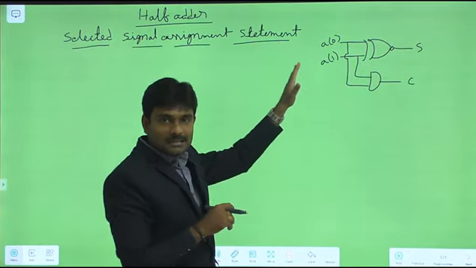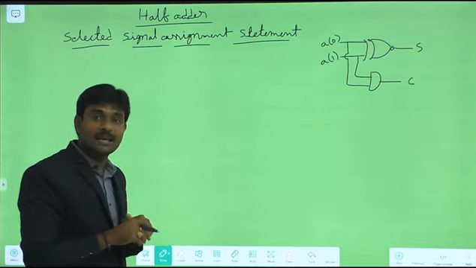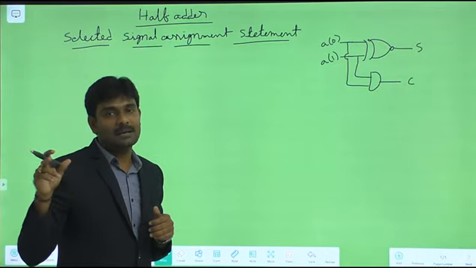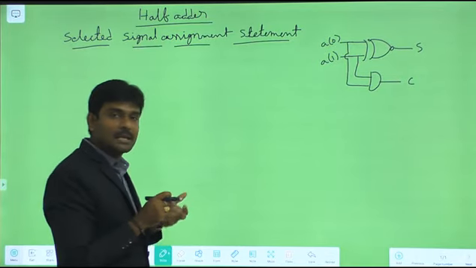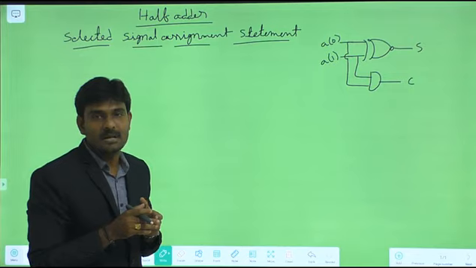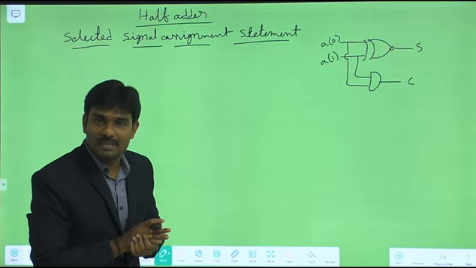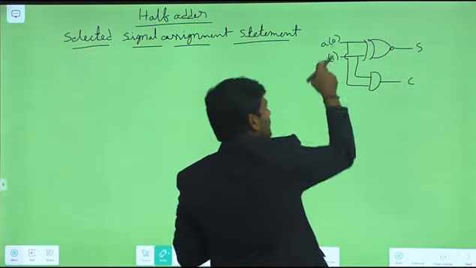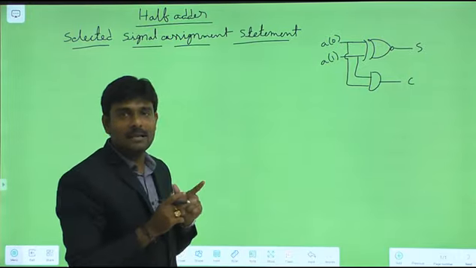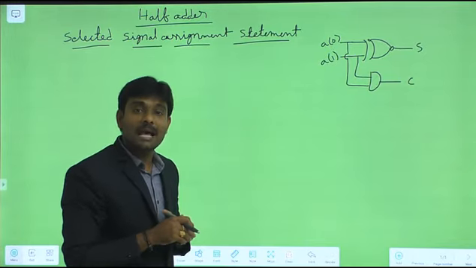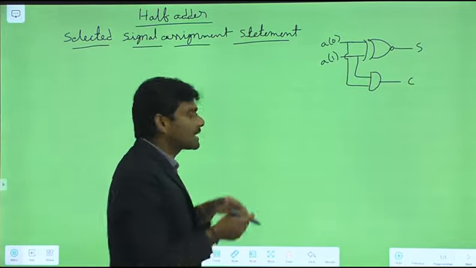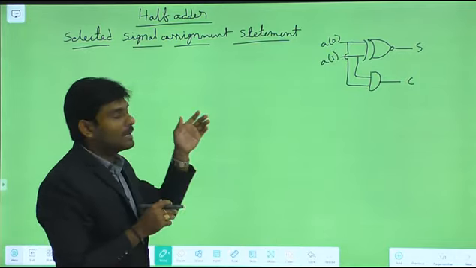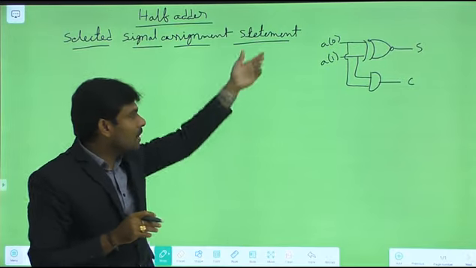Why I consider it like that: while coming to the syntax for this selected signal assignment statement, how does it seem to be? With expression select. In that expression, in the majority of cases we are going to mention the arrays itself. Then it seems to be easy to write the program in that selected signal assignment statement. In that regard, instead of considering two different inputs, I considered a single variable, which is an array. So compared with the previous one, where A is equal to A of 0 and B is equal to A of 1, the remaining outputs are the same.